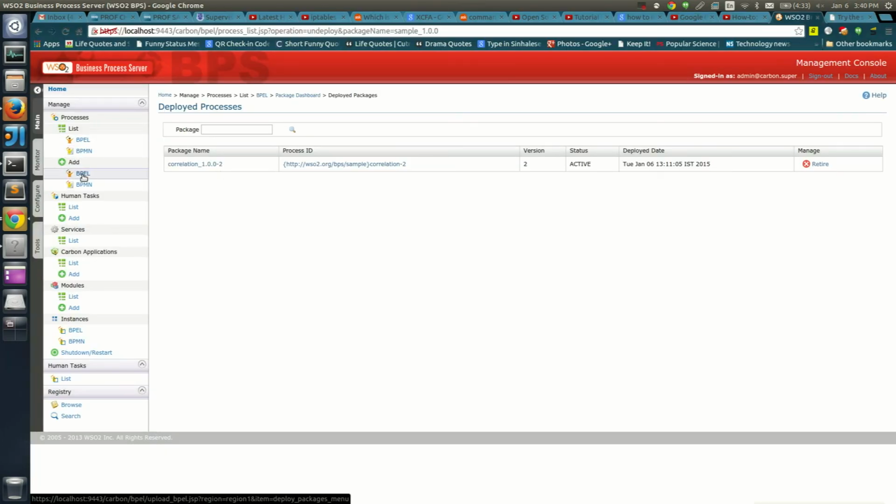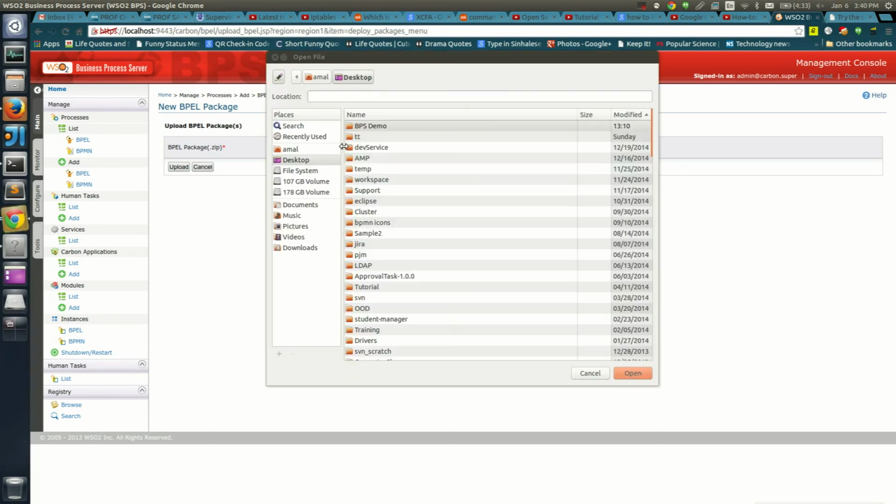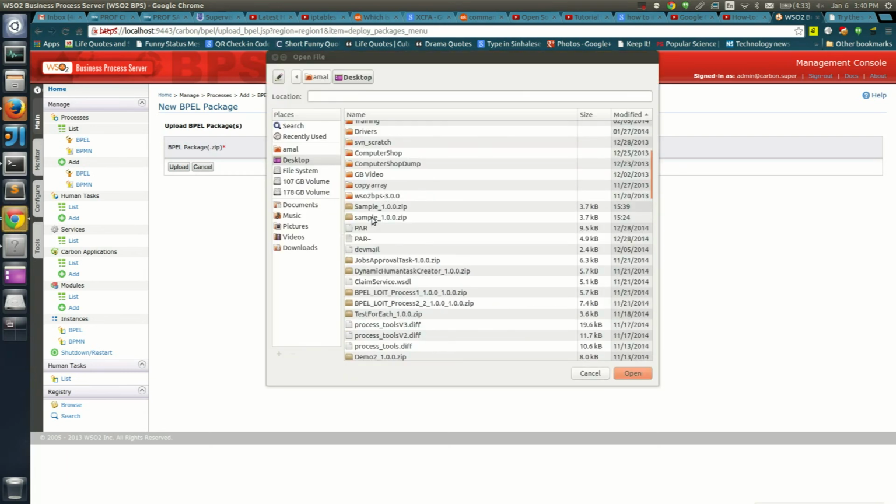Let's run the sample in the BPS server and inspect the results in the management console.